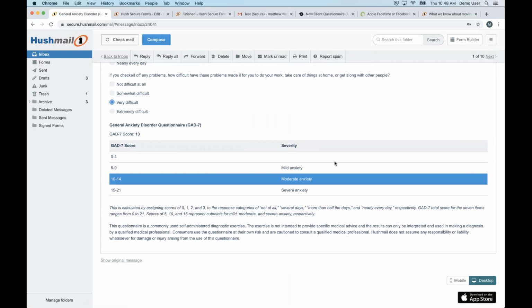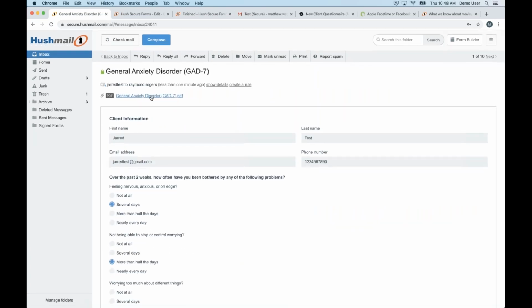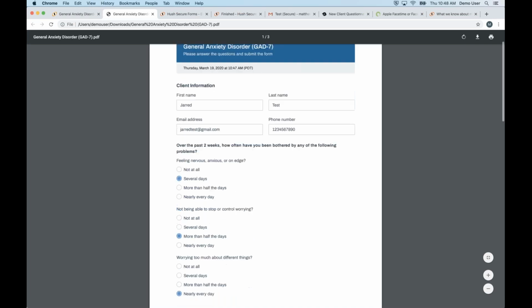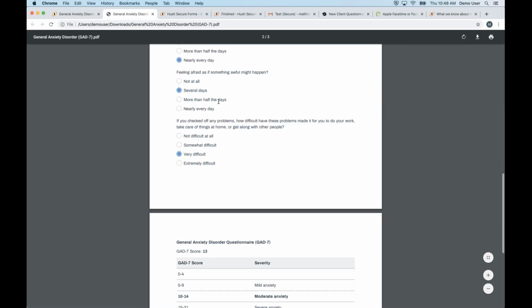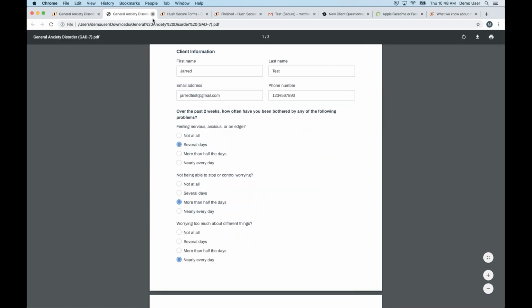And again, because this is that smart form, it'll actually calculate the score. So it'll give you the score, the severity based on the standardized scale. You can also download this as a PDF really quickly with just one click here, and that will save a nicely formatted PDF that you can add into your EHR or your chart or a file for the patient or